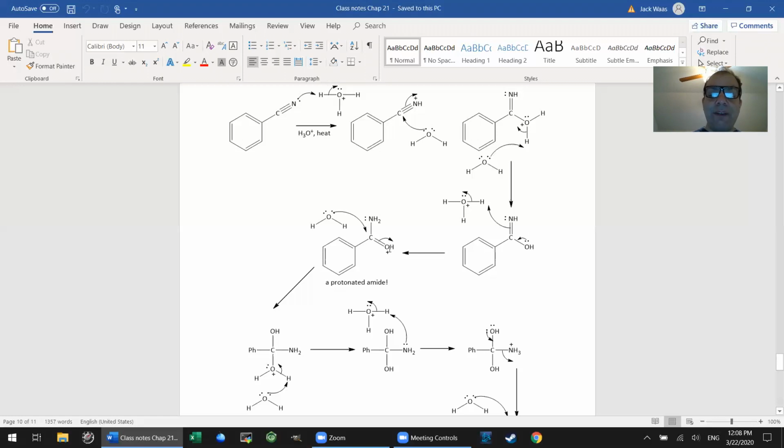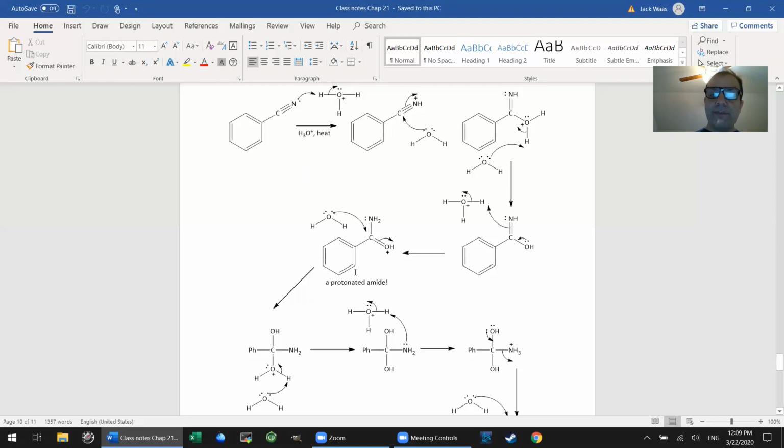It's a protonated amide. And so that's why this will include the mechanism of the acid hydrolysis of benzamide, because the first step of benzamide would be to put the proton on the carbonyl oxygen, just like always. So that's why if you understand the mechanism of the nitrile hydrolysis, you automatically also understand the mechanism of amide